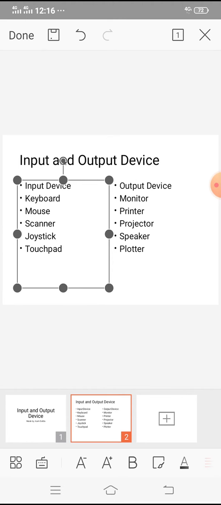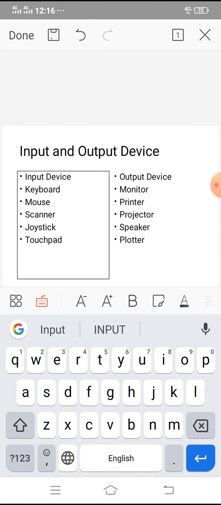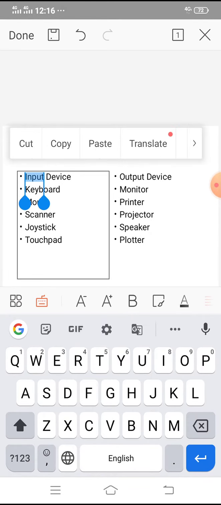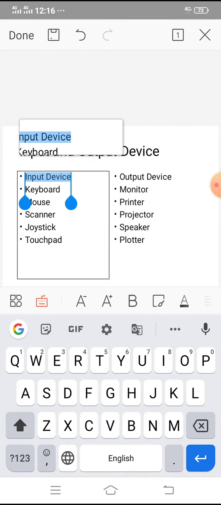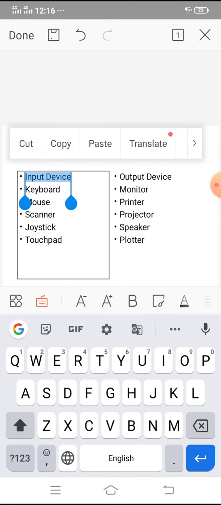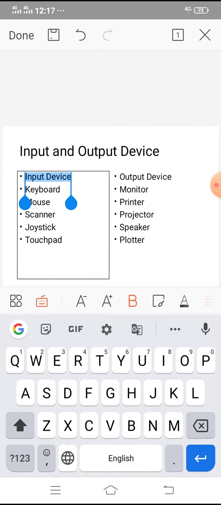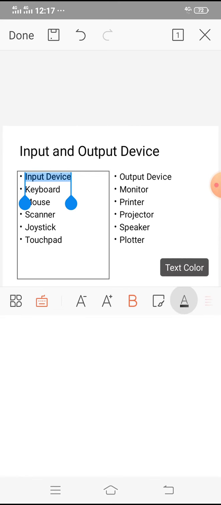First, on the left side I will apply text color and bold effect to the name input device. For that I will select input device. Double tap on a word so it will be automatically selected. Now you just need to select the whole word. You can apply bold effect directly by clicking on the capital B and then you can apply text color by clicking on the capital A with a bold underline.